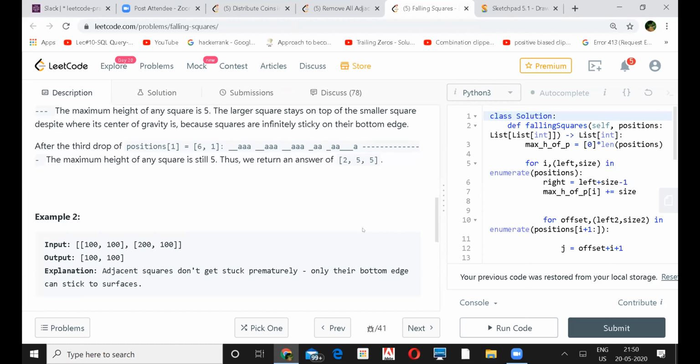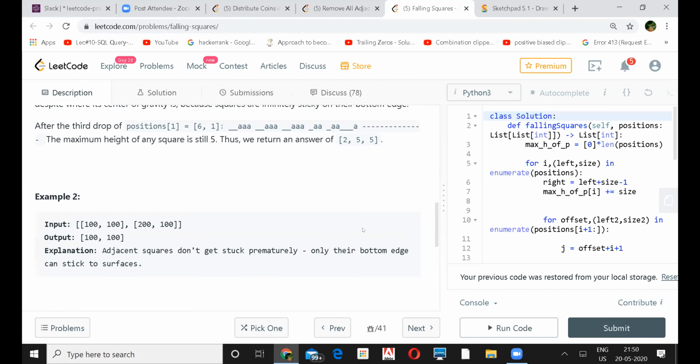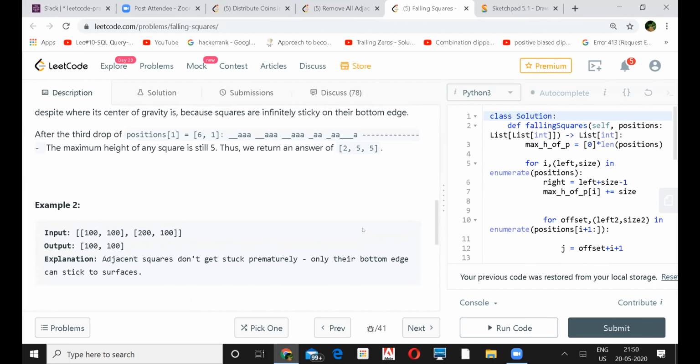So wouldn't this problem be very normal? Just look for the intersections and the maximum height till now and fill in that array. Yeah, but implementing it is very difficult actually. I wasn't able to get it. I saw it, and the thought process is very clear, it seems to be a simple thought process, but implementing it is hard.